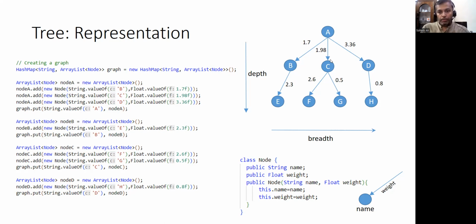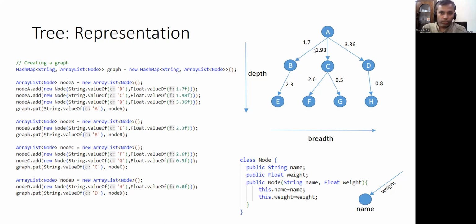And then more generically, we can also have weights associated with the information flow from A to B, or A to C, or A to D. Now, this means that this is a weighted, let's say, unidirectional graph or a tree. And then the information flow is weighted in between each node. And then we can also have